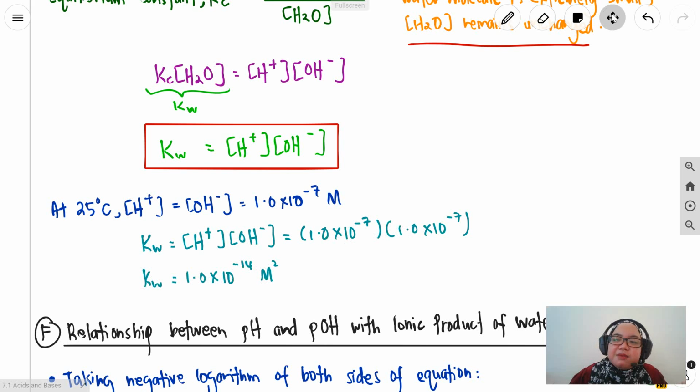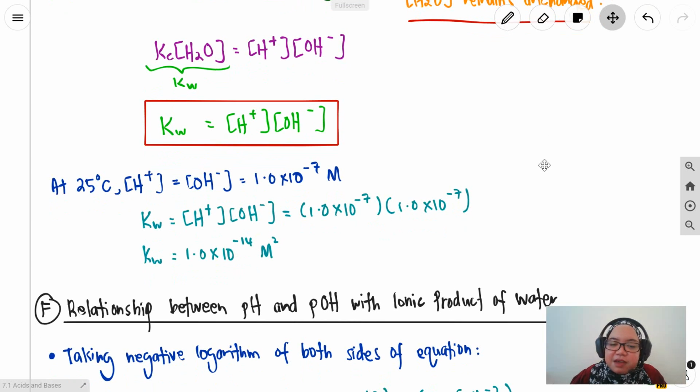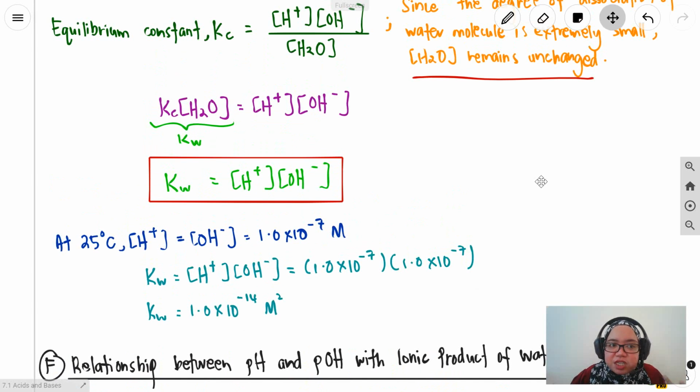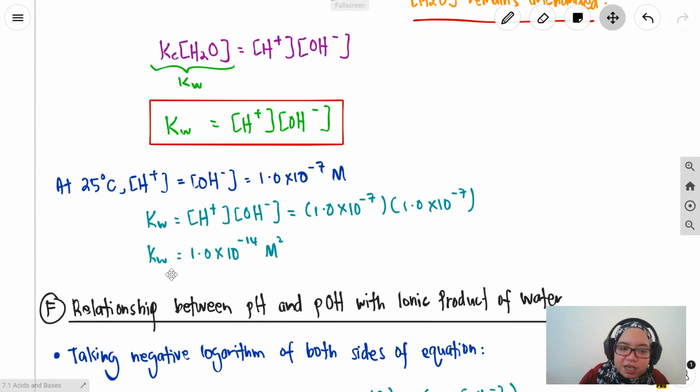If you expand the M, you can get the mole squared per liter squared. Okay, so that is for Kw. Kw is the ionic product of water, which is equal to the concentration of hydrogen ion times the concentration of hydroxide ion. Okay, so remember the value of Kw here is equal to 1 times 10 to the power of negative